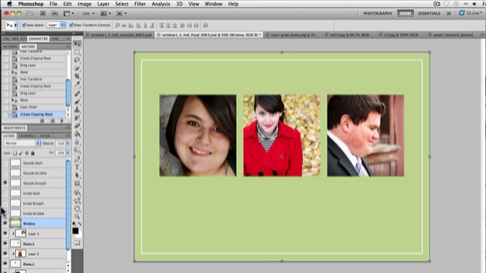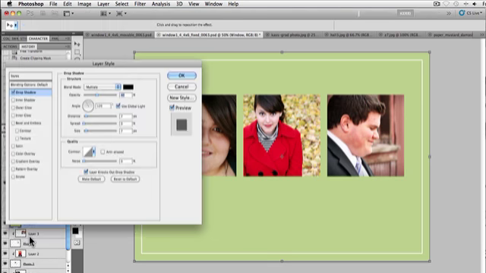So I'm going to click on my window, and you can see over my layers palette that the window is actually selected. I'm going to come down to the little FX button, go to Drop Shadow, and now you can see it just kind of defaults at something, but you can see, particularly on this one picture of Jordan, that there is a shadow there. And if you want to increase that shadow, you can increase the distance and the size, and it will make it a little bigger and a little bit blurrier, so it kind of gives it more dimension. And I kind of like how that is, so I'm just going to say okay,